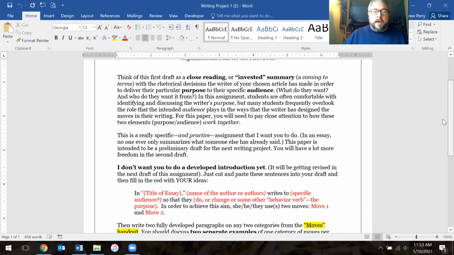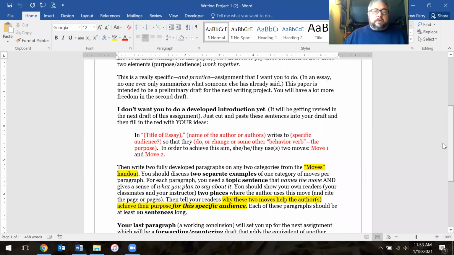Okay, so for your introduction, I know a lot of people struggle with writing introductions and conclusions. This paper will have a kind of fragmentary introduction and conclusion because this paper is serving as the first draft for what will become the second essay, when we will fix the introduction from this paper. So really all you need to do is to copy what I'm highlighting here and paste that into your MLA document. This will be your introduction.